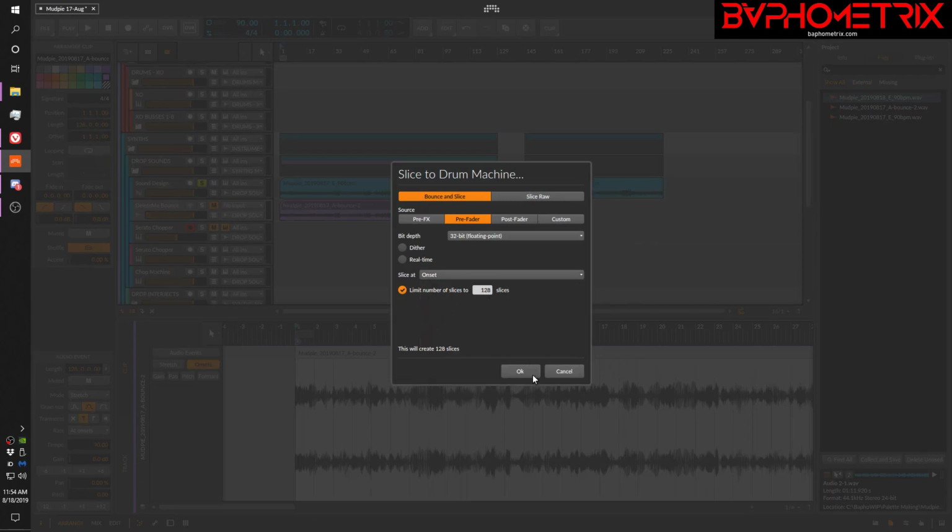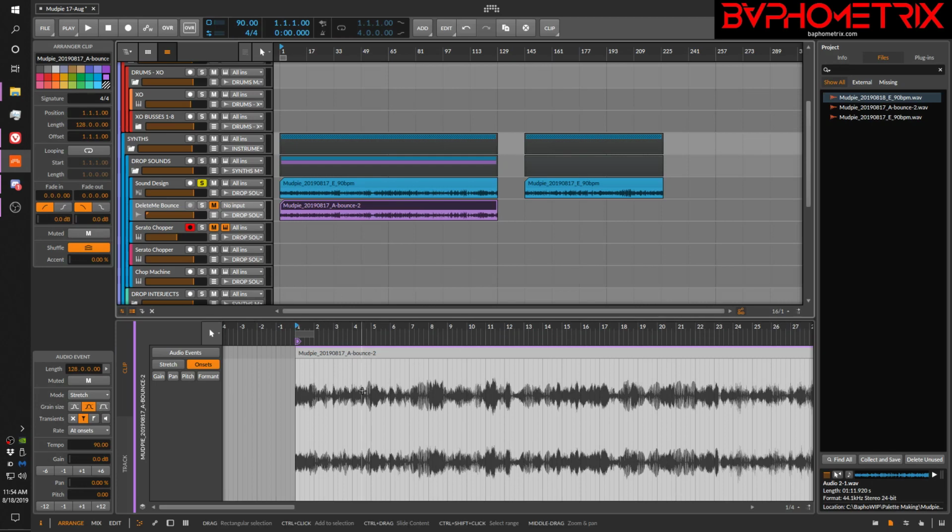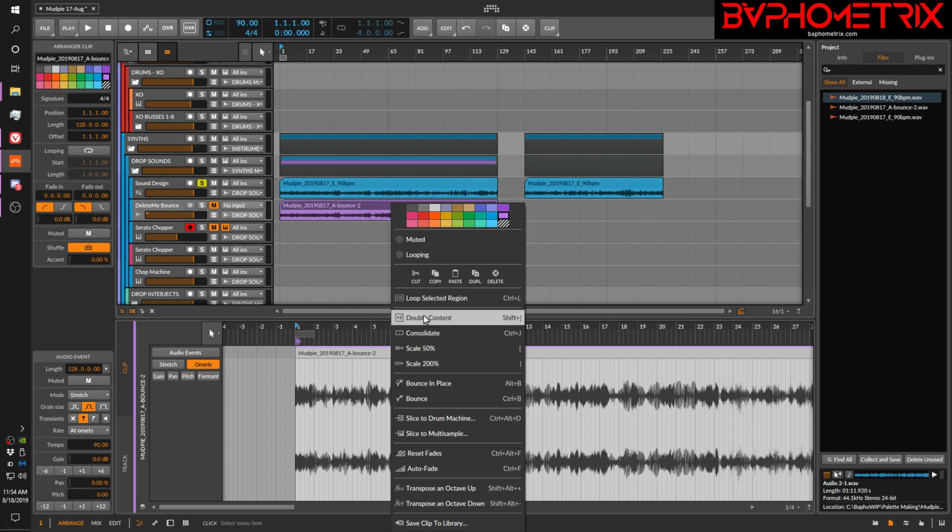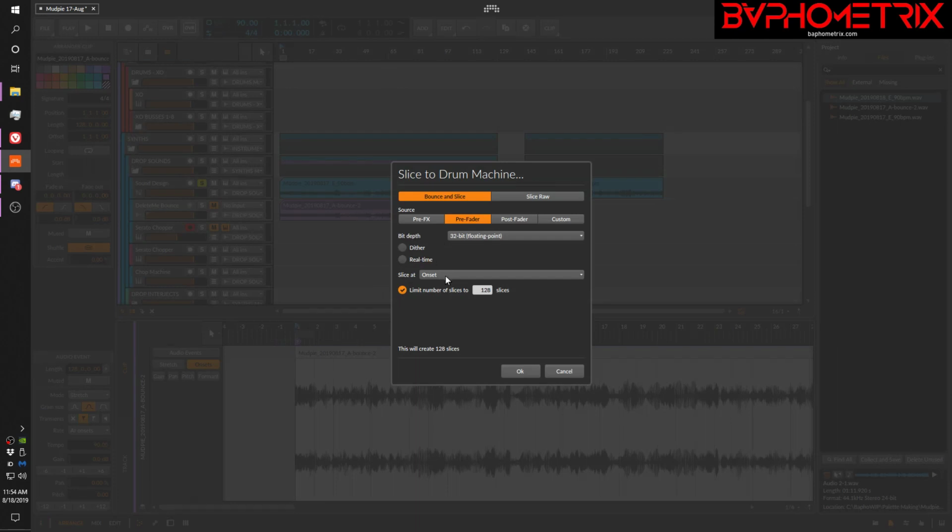And I would end up getting longer, more useful slices to start with. So let's just do it simple. Let's just slice this at bars. How long is this? If we slice at a bar, how many slices will I get? Yeah, 128 slices at a bar. So if I do this,